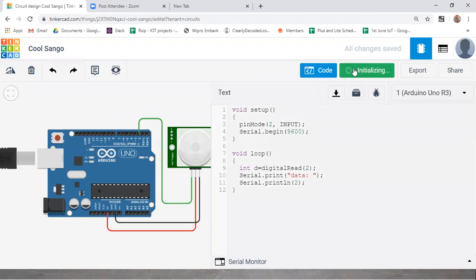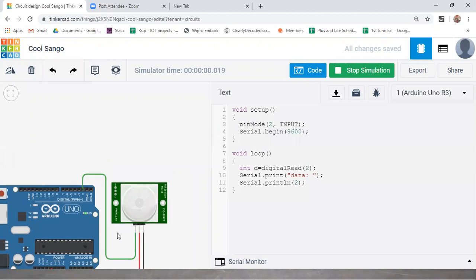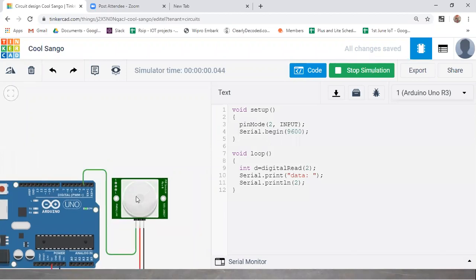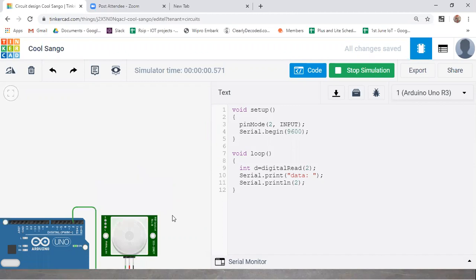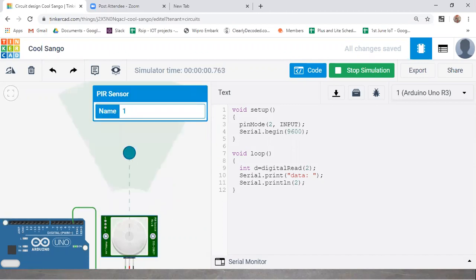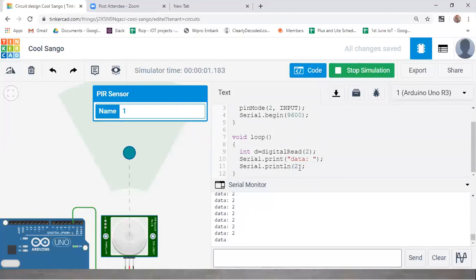So guys, I'm just starting the simulation. The same way, guys. As these are sensors, here we don't have any sensing part. So in simulation, just click on that sensor. You are getting some knob, right? Just think that it is a human. So this is a human, so is present. Serial plotter, printer. Oh, here it is not two, it is data.